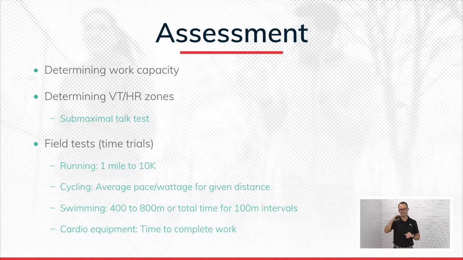So with any of these, whether it's cycling, average wattage over maybe 20 or 30 kilometers, or a 400 meter or 800 meter time trial in the pool, I suggest going at about 85 to 90% effort because chances are they're not tapered or rested in the same way that they would be on race day. So we can't expect race day intensities. So just one notch below race day, call it threshold training, call it 85, 90% of max, whatever makes sense to you and your client, and incorporate those field tests. It allows some autonomy and, again, kind of gets you out of the lab.